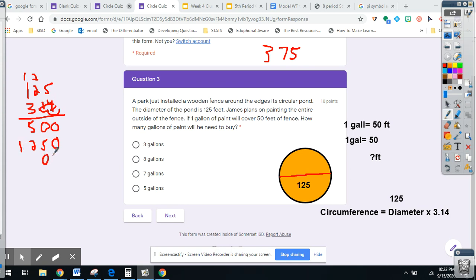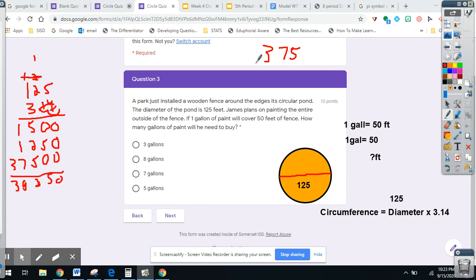I'm going to put my zeros. 3 times 5 is 15. I'm going to carry my 1 up here so I don't get confused. Let me cross these out. I don't need those. 3 times 2 is 6. Plus 1 is 7. 3 times 1 is 3. I'm going to add all these up. 0, 5, 5, 10, 12. 1 plus 1 is 2. That's 9. So now I have